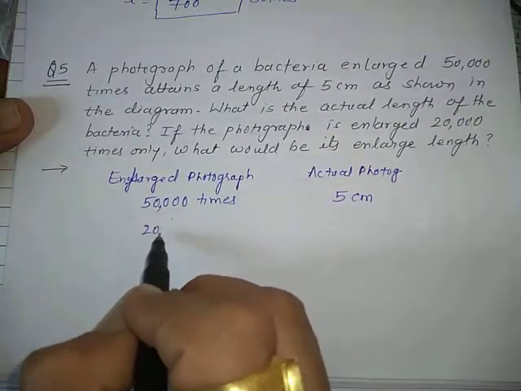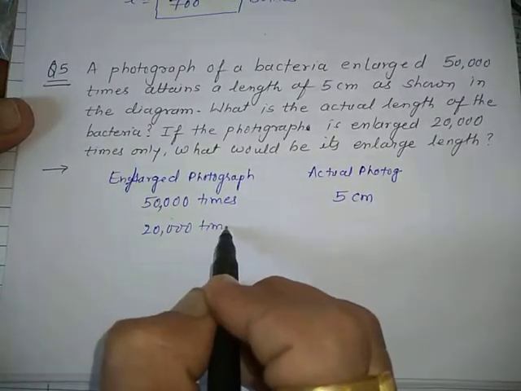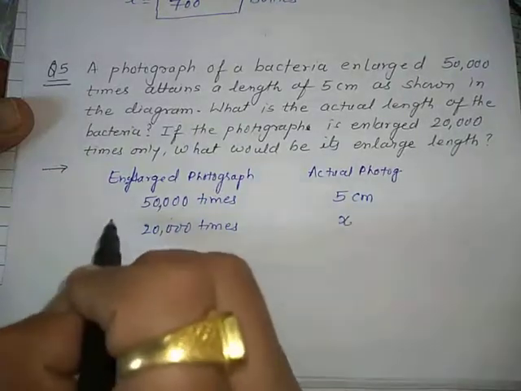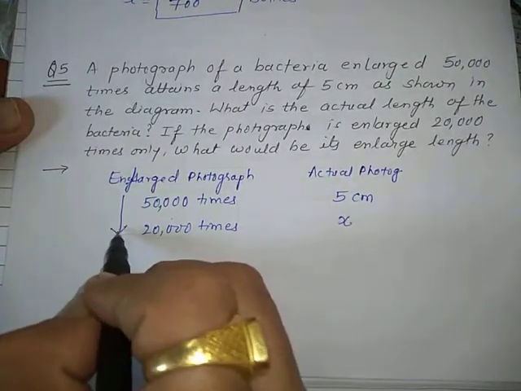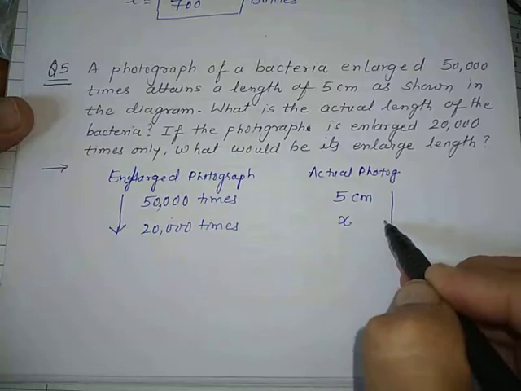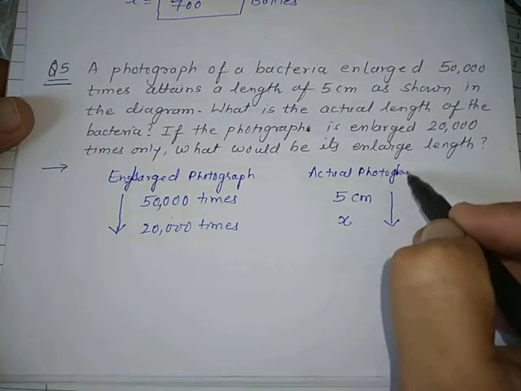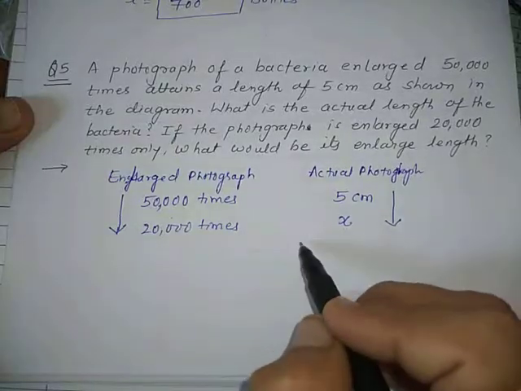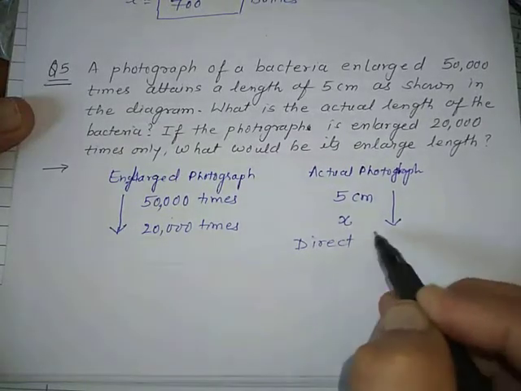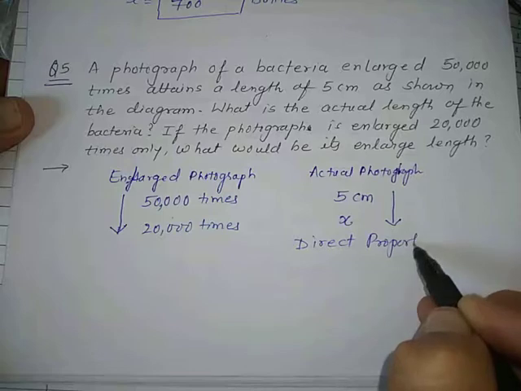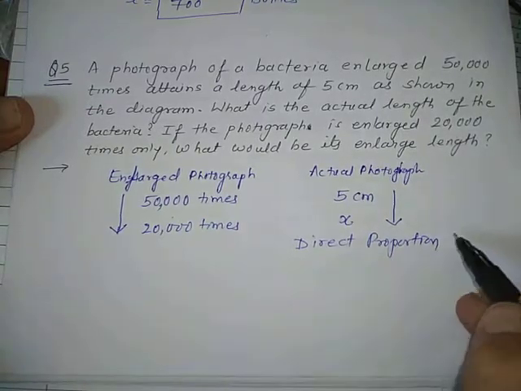So they are saying if 20,000 times, how much? So the enlargement is decreasing, obviously the size of the photo will also decrease. So it is direct proportion, so cross multiply,